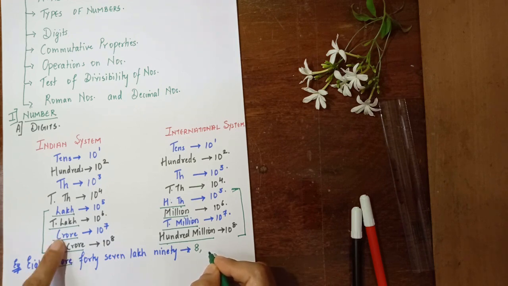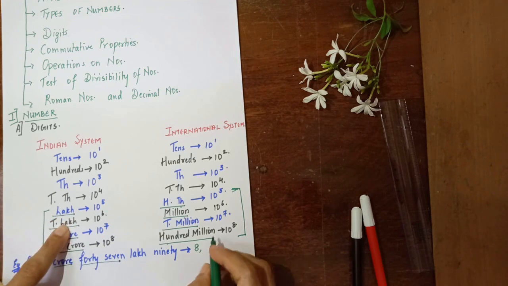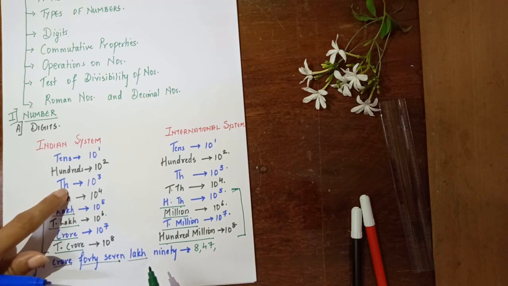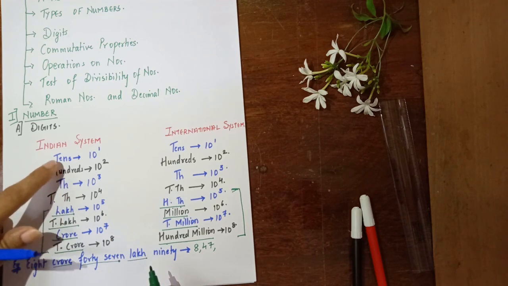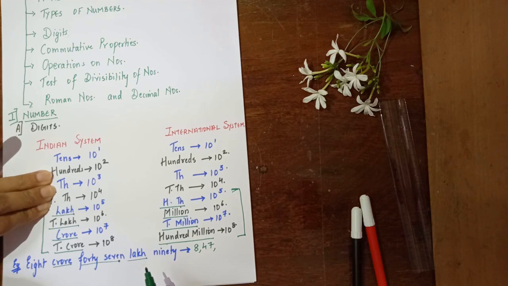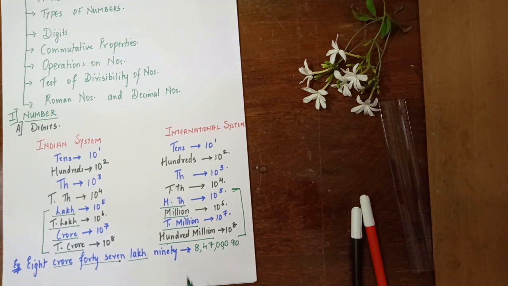Okay. Now after crore comes 10 lakhs. So you have the number in tens over here, that is 47. So I write down this number after it. So I'll just write it down, 47 lakh. Now after 47 lakh, I have nothing in ten thousands, I have nothing in thousands, I have nothing in hundreds. I have it directly in the tens. So let's see how many empty places are we going to have. We have this 1, 2 and 3. So if 3 places are empty, we have 3 zeros, 1, 2, 3, and then directly you are going to write 90. So then this is your number, children. It is 8 crore 47 lakh and 90.